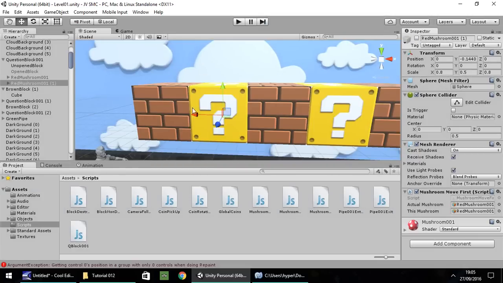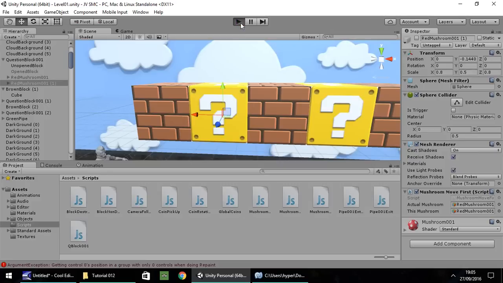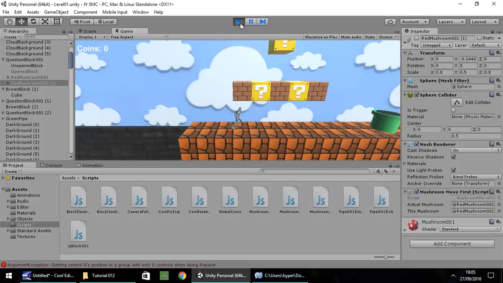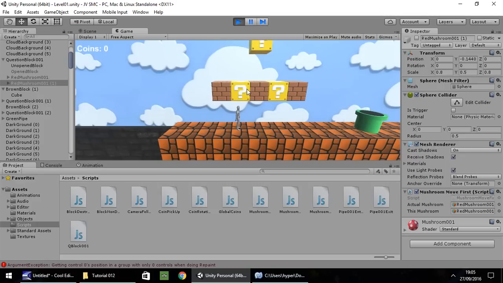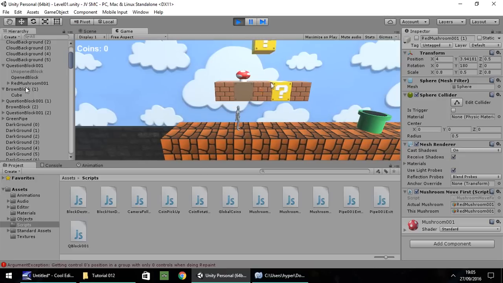So in effect, let me quickly run through what has just happened so we fully understand how this sequence is working. When we hit this box, we changed this unopened block to disappear and this open block to appear, and that makes the brown block appear just here. At that same time, we set active our mushroom, which is inside this box.